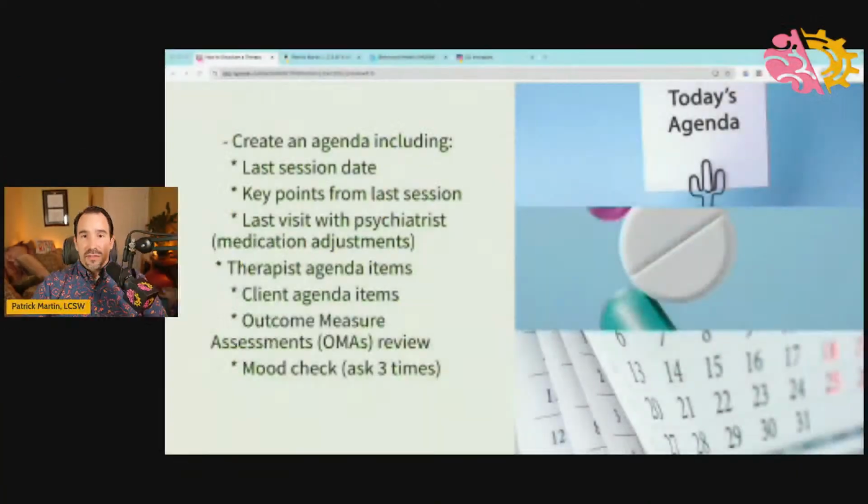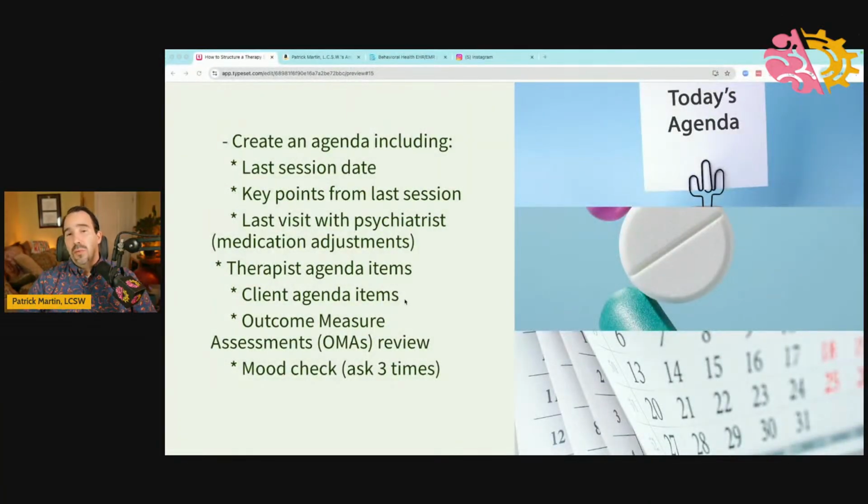And this is important, right? Especially for self-determination and buy-in. We're talking about progress and those things, as well as risk factors and just doing our diligence, right? But this is where reviewing the chart's really helpful. As you're creating your agenda, it's going to include things like your last session date, key points from last session, last visit with a psychiatrist, if they have a psychiatrist. Do they need to see a psychiatrist? Do they need a referral? Medication adjustments,